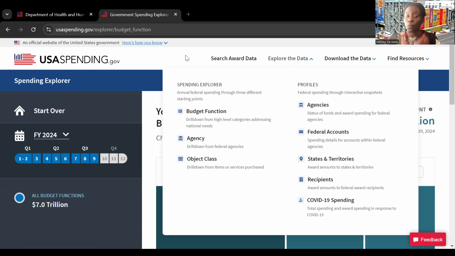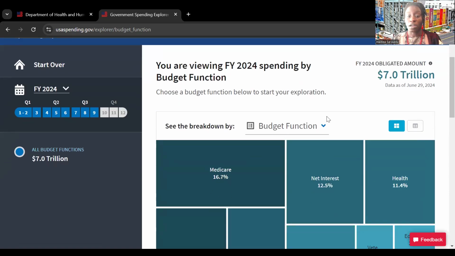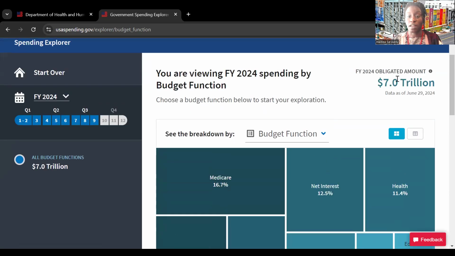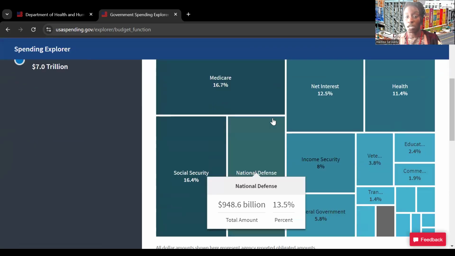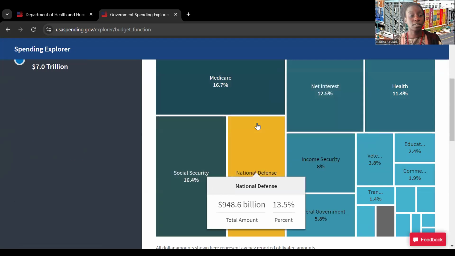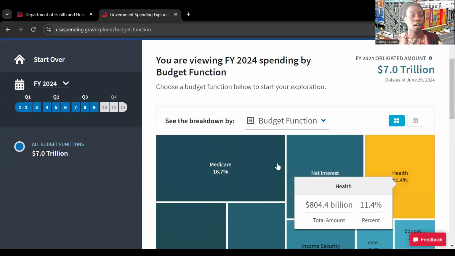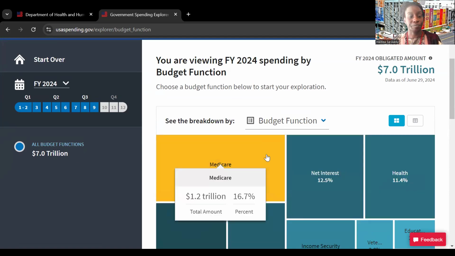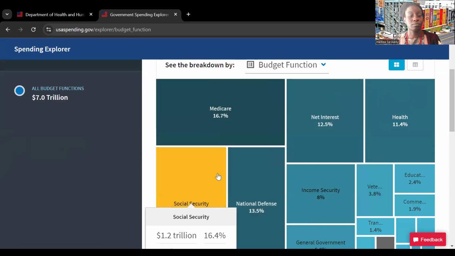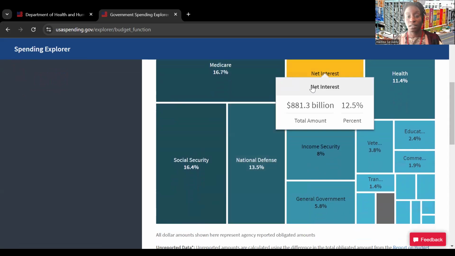So let's look at what our federal government categorizes these needs as, with names. In our federal budget of $7 trillion, there are 3, 4, 5 very prominent needs that are taking up the budget, which are Medicare, Social Security, National Defense, net interest,